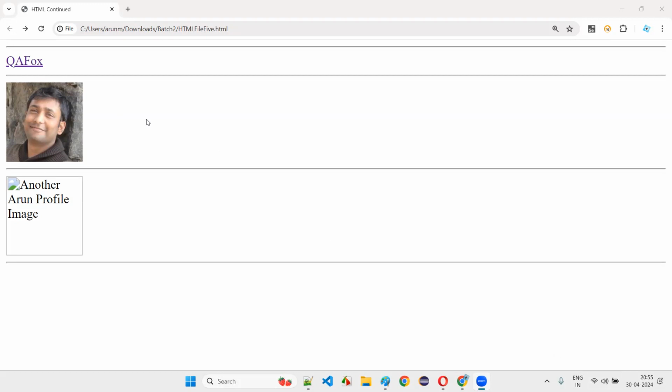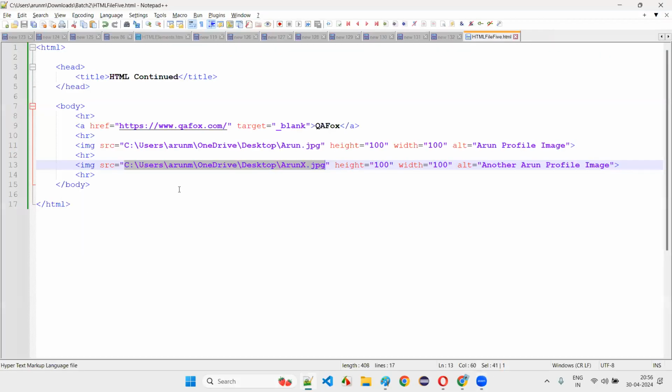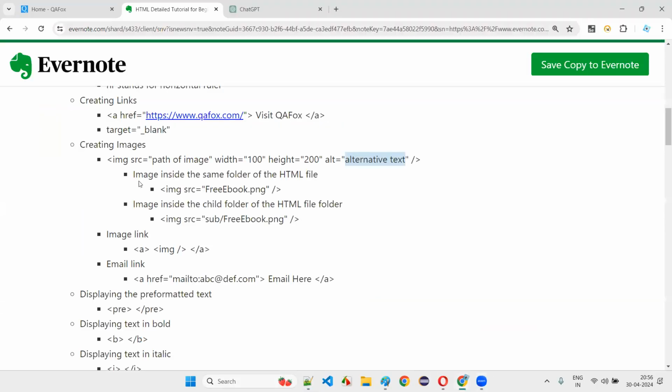Since my internet is very good, I cannot take any example, so I have intentionally given the wrong path for the image. Still, you can get the broken image and you can get the alternative text. Everyone clear with this alternative text for the images? Yes, Rakesh. Any benefit if we write alternative text?